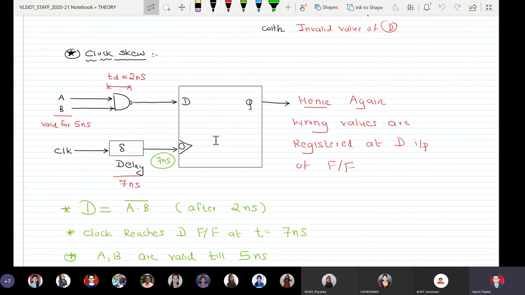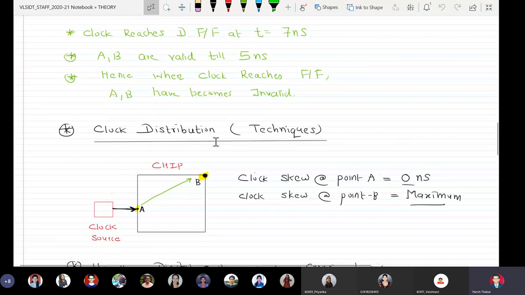So by the time the active edge of the clock reaches the clock input, the signals A and B have already become invalid. So at the instant at which the D input is sampled, A and B have become invalid. That is why what is registered by the flip-flop is actually a wrong value.